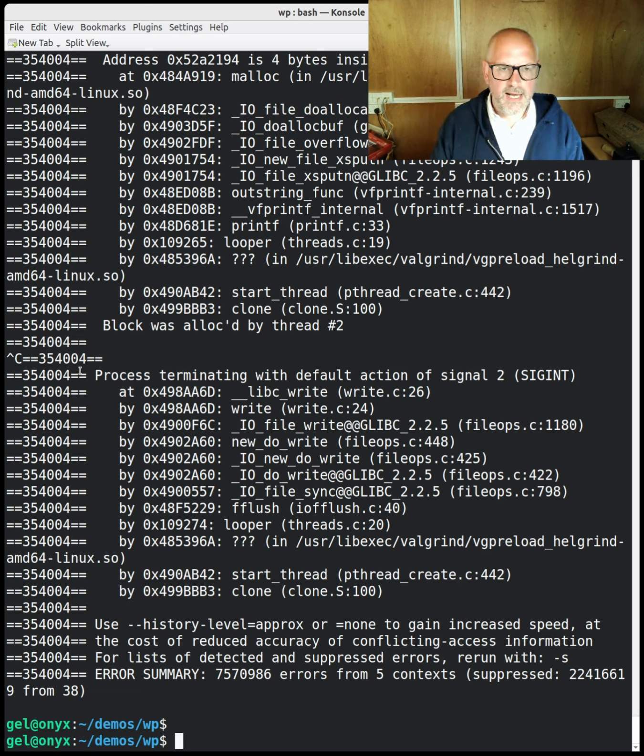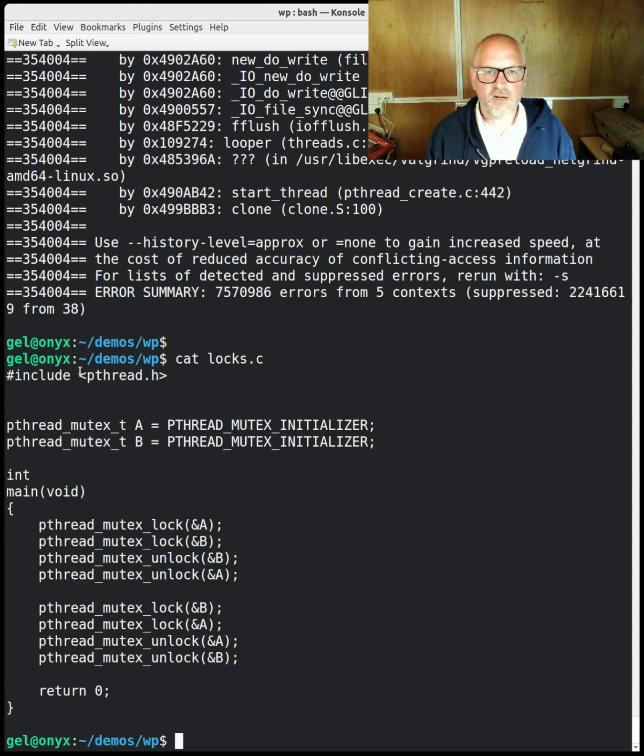So let's have a look at how that works. I thought it'd be interesting to try the simplest case. This is not a deadlock because there's only one thread, so this actually is a false positive. There's no chance for deadlock because I'm taking lock A and then lock B, and then here I'm taking B and then A, but it's all within one thread. I'm not going to be doing those concurrently. Never going to be a deadlock. But suffice to say, it's probably worth thinking about at least, and it's good that the tools will warn you about this. So let's run that through